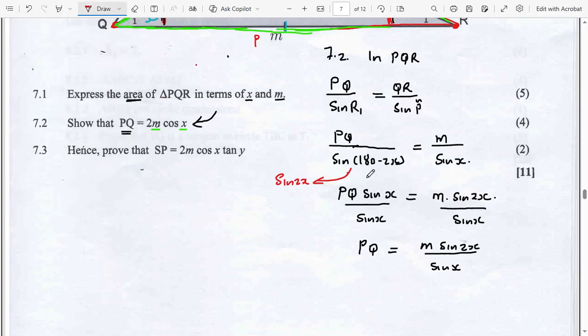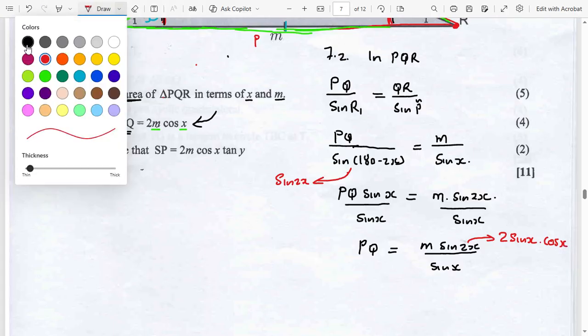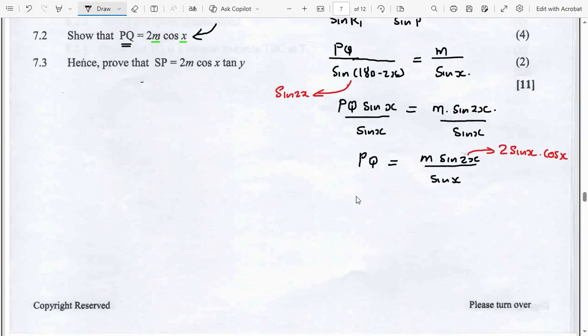So I need to have 2m, and I also need the cos x. Look at this. I only have sine x. How can I bring cos x? I know that this one is an identity. We can change that into 2 sine x cos x. You see? That's an identity. Let's rewrite our equation and see what we have. So this will be PQ equals m times 2 sine x cos x, and everything is divided by